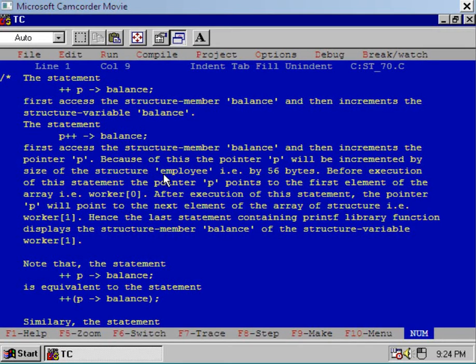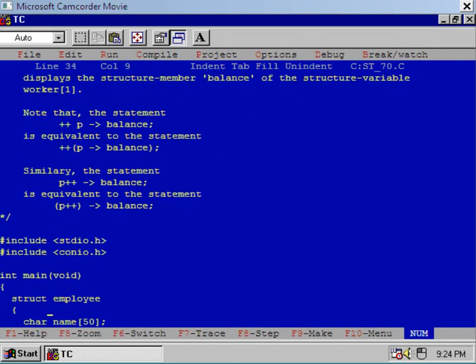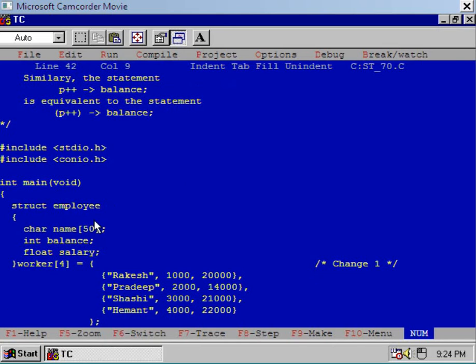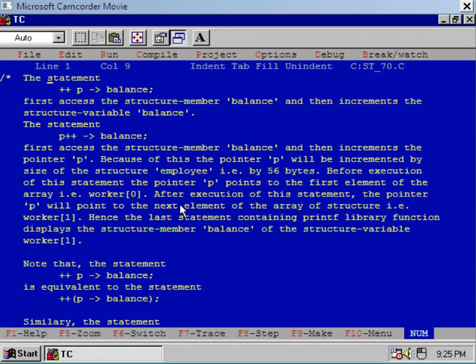Because of this, pointer p will be incremented by size of the structure employee. What is the size of structure employee? It is 56 bytes. You see, 50 bytes for the character array, 2 bytes for the second member, and 4 for this one. So 50 plus 2 plus 4 is equal to 56 bytes is the size of this structure, namely employee. And that's why if you increment p, it will be incremented by 56 bytes because of pointer arithmetic.